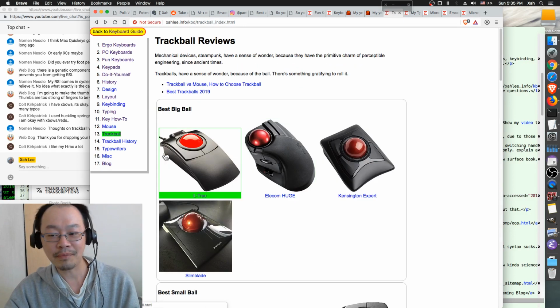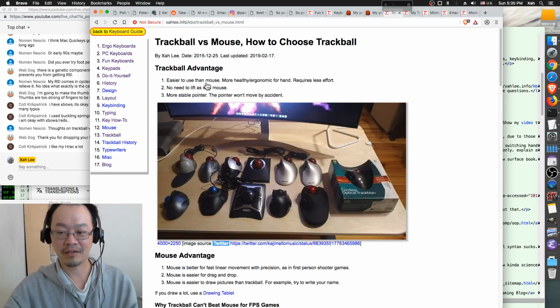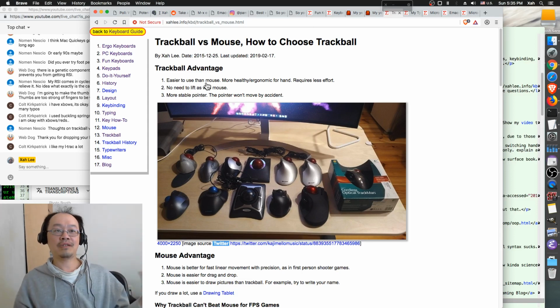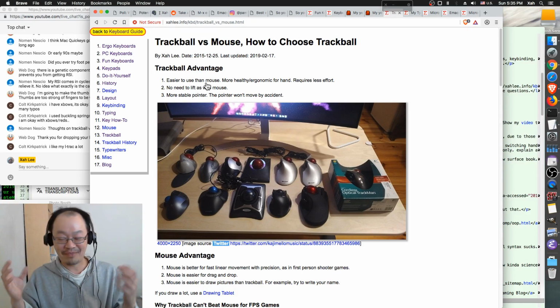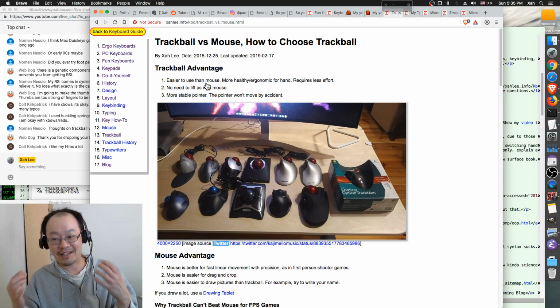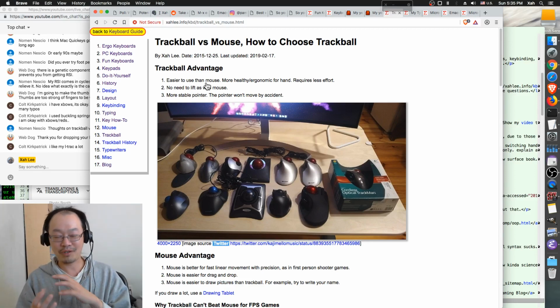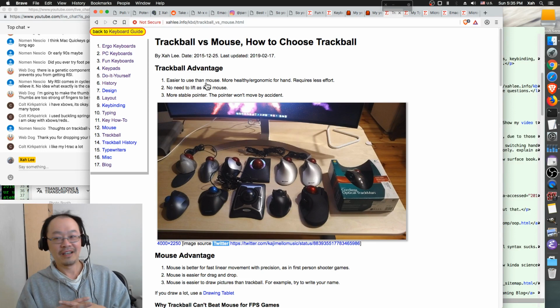So yeah, I have an article here, trackball versus mouse, where I dive into the question of which is better, which is actually more intuitive. Trackball users usually say trackball is more intuitive. I was a trackball fan for like 20 years before I actually used one, but I'm still obsessed about the question, like theoretically, which should be better, because of human computer interaction and so on. But anyway, I've been using trackball for 5 years now.